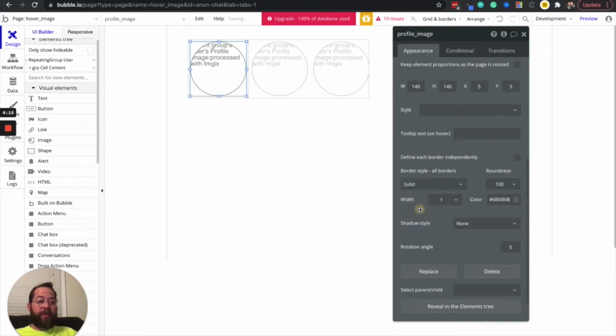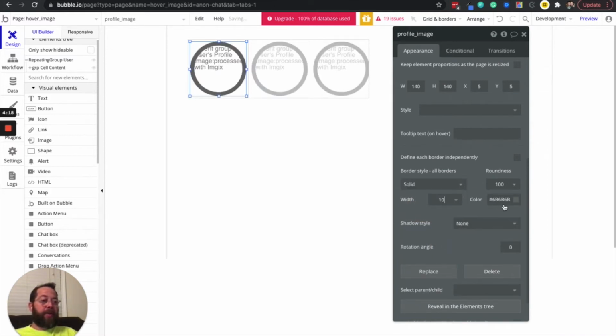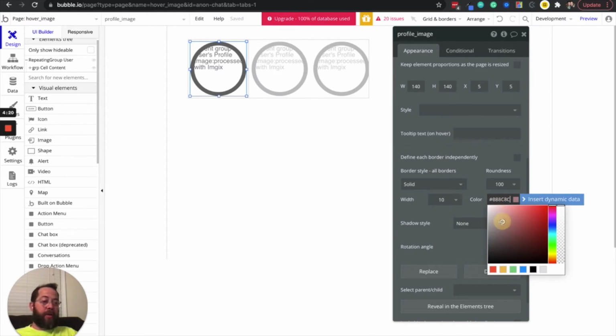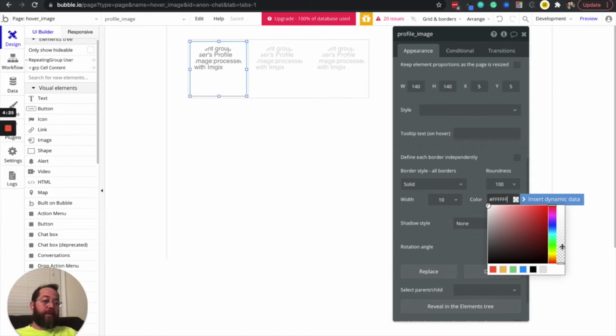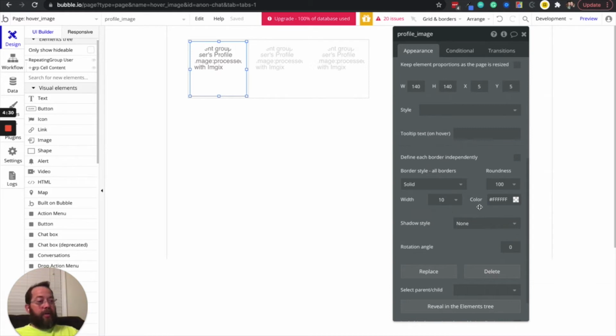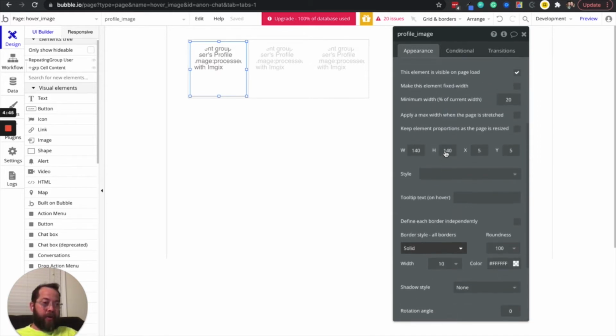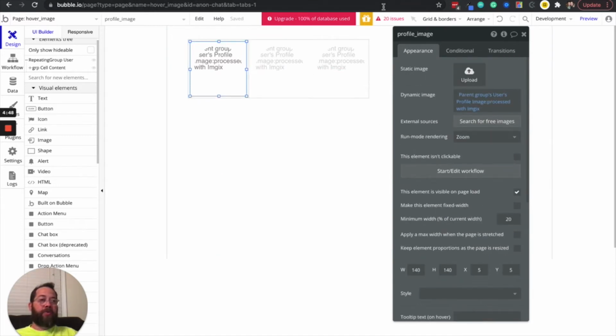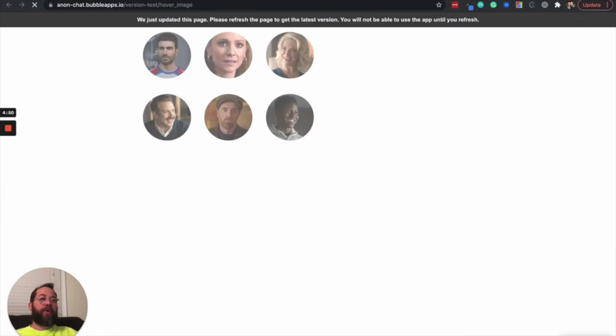And border style is going to be solid. We're going to set it to 10 width. And then let's make it white, and then pull the transparency all the way down. So really, as long as it's transparent, it probably doesn't matter what color it is. I always feel like if the transparency goes away, I'd rather have something white, right? I mean, you could make it the color of the background, but that's just too much work. All right, we're good there, and that's going to be our normal state. So if we preview this,